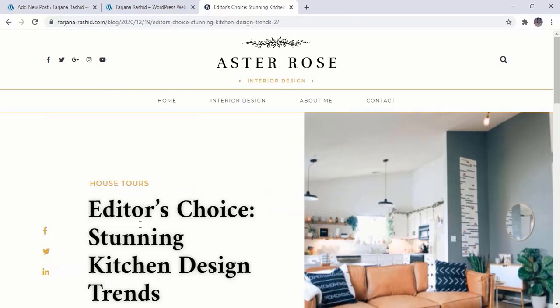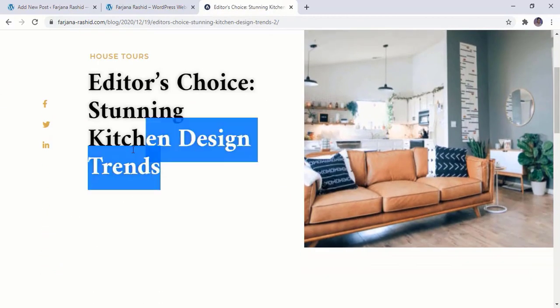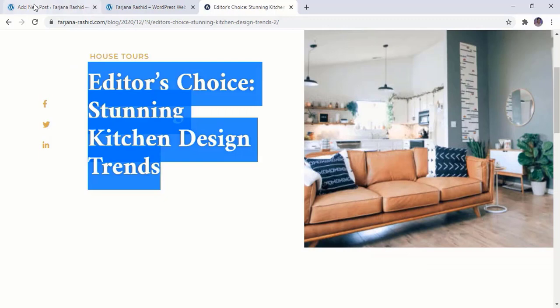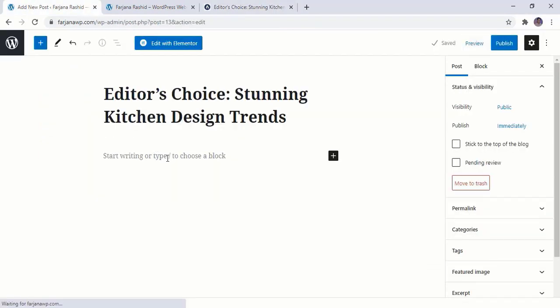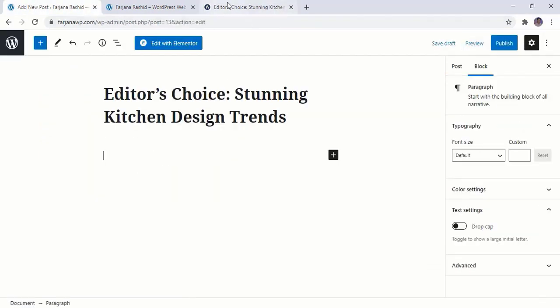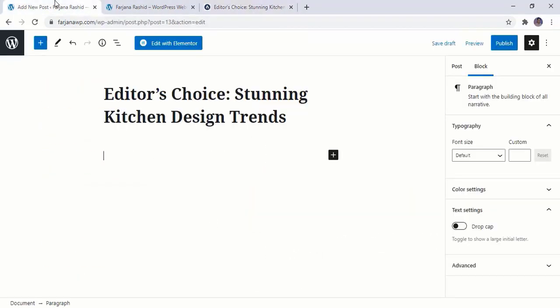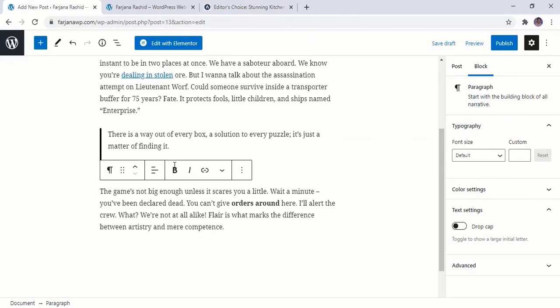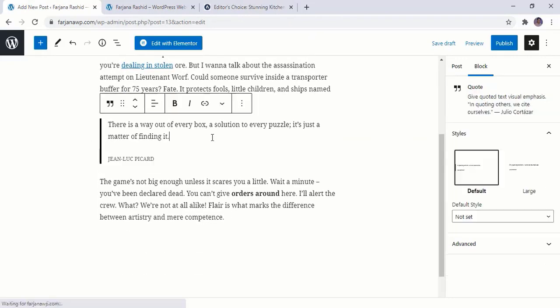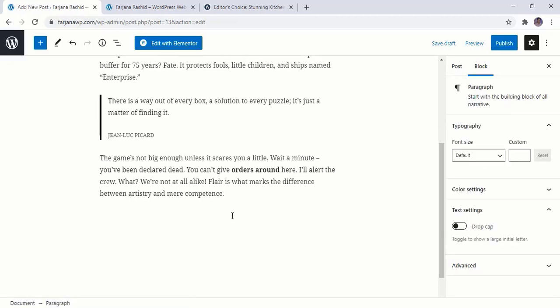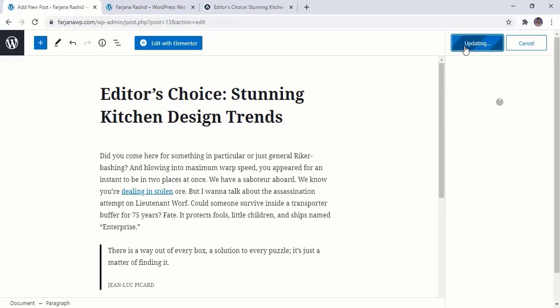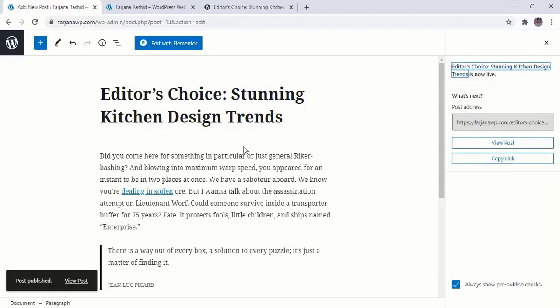I'm going to publish this one first. So here is the blog post title. I'm going to copy this one, then here is the description or blog post details, and next if we want to add some images into our blog post, we can also do that. First I'm going to publish this one, and this is now the default WordPress builder for pages and blog posts,